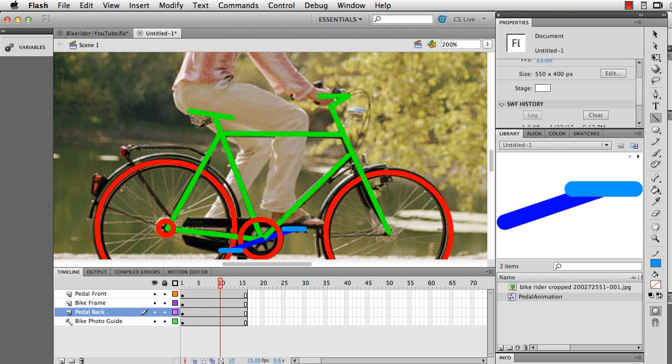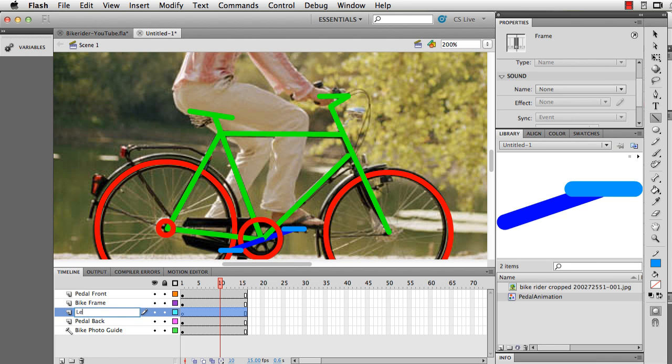I'm going to create a simplified version of the leg, sort of almost like a skeleton version that is going to have one piece going, the thigh, from the hip joint to the knee, the lower leg from the knee to the ankle, and then the foot will be at the bottom here resting on the platform. In order to do that, I'm going to create a new layer, and I'm going to call it leg